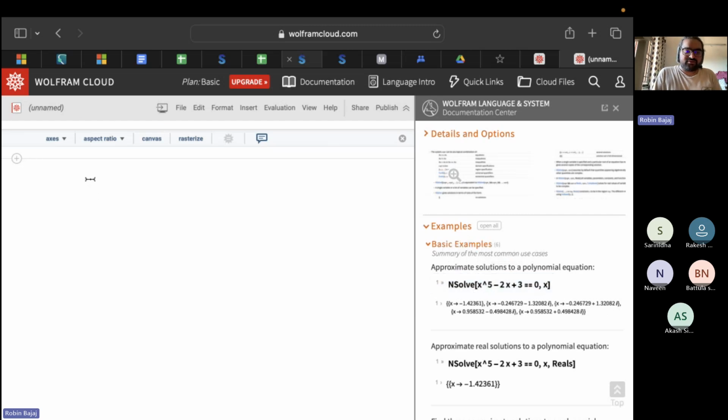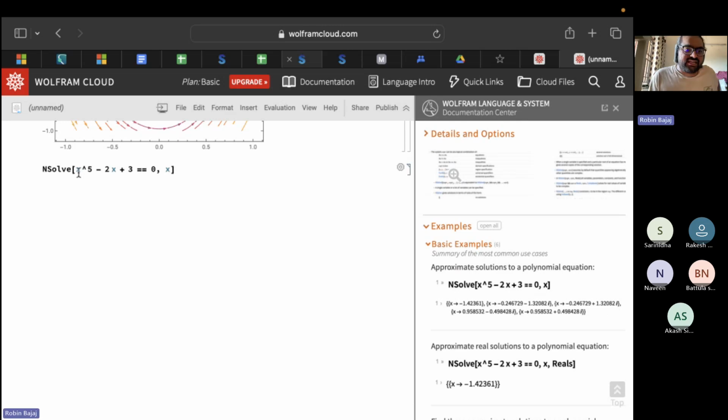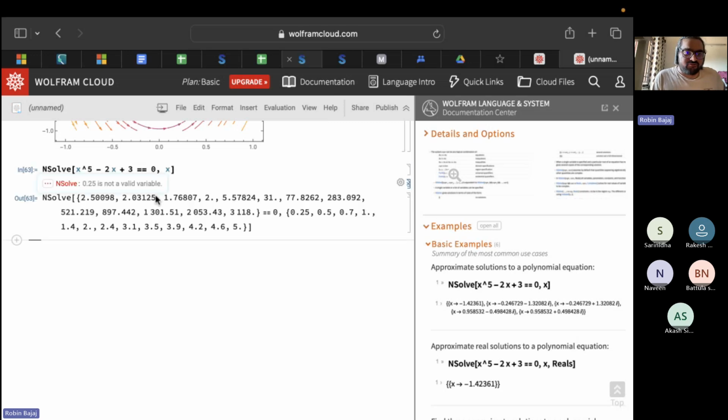Let's say I copied this. It's basically a polynomial equation x to the power 5 minus 2x plus 3 equal 0. Here you put equal twice. And this comma x means I want the answer for x. If I don't put this x over there, it would be wrong. So if I run this, it will give me